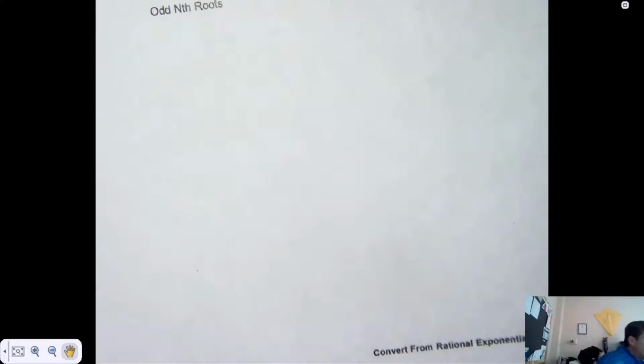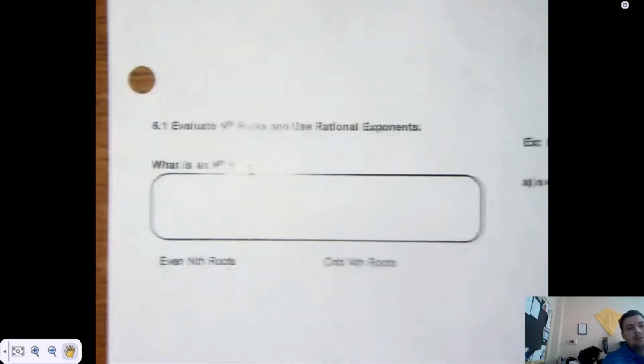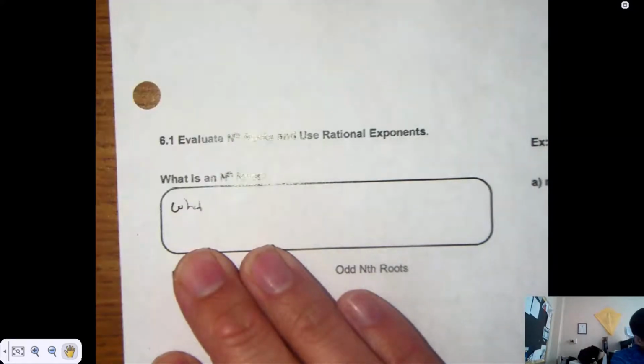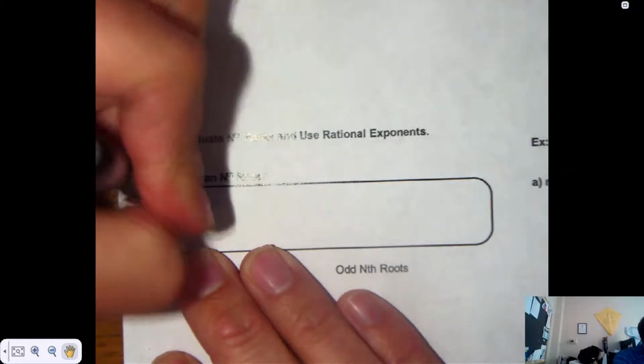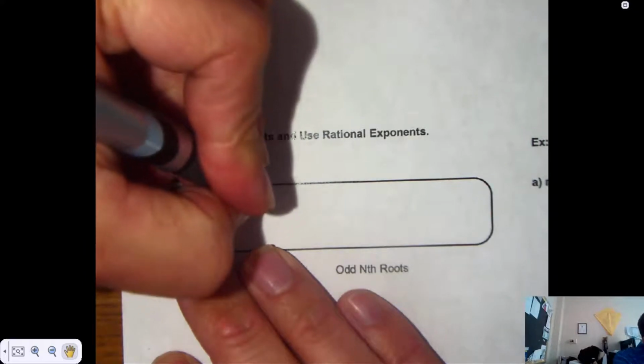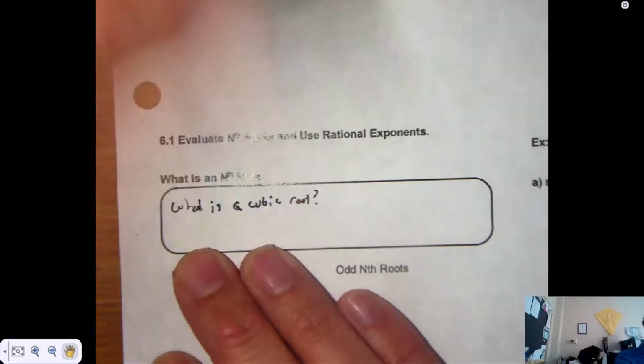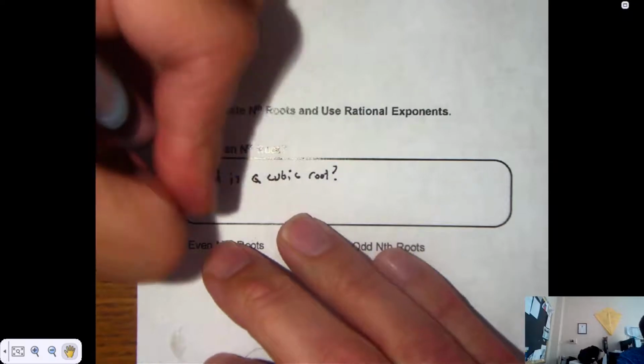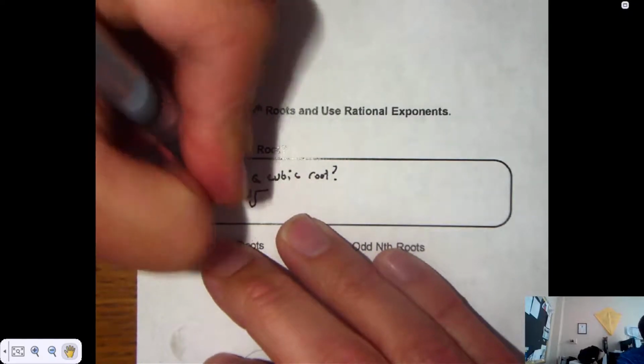Sixth one is about something we call nth roots. What is an nth root? I'm not actually going to give you the definition of an nth root. We'll use an easier example, like what is a fourth root? Actually, let's just do what is a cubed root, or cubic root? That's easier. What is a cubic root? Yeah, we'll just do an example. The cubic root of 64